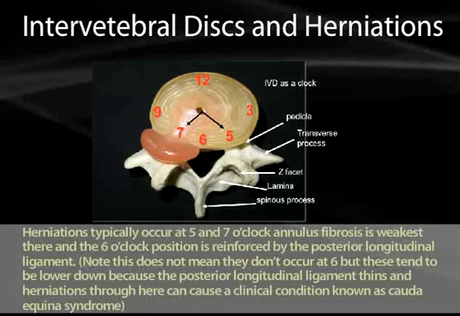Herniations typically occur, if you think of the disc as a clock face, at the 5 and 7 o'clock positions. And the 5 and 7 o'clock positions have a weaker annulus fibrosus at that point. It's thicker at the 6 o'clock position because of the posterior longitudinal ligament that's running along there. The anterior is also reinforced because of the anterior longitudinal ligaments. So it ends up being that the 5 and 7 o'clock positions are naturally the egress points for any extrusion